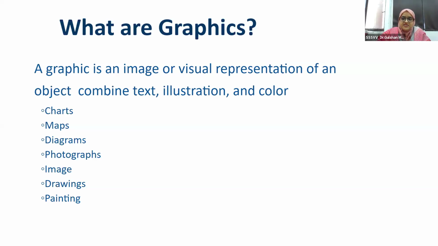There you must have seen the symbols of location given in the maps, and with the help of that location symbol you can identify the exact location and the names of the roads through which you have to go to the desired location. So it is a kind of infographic. It is an example of how maps work as infographics. Also, there is an example of diagrams. Diagrams can be used in each and every subject. It is not specifically for science. It can be used in the social sciences. It can be used in languages also. And diagrams are a very good example of teaching any concept to the students.